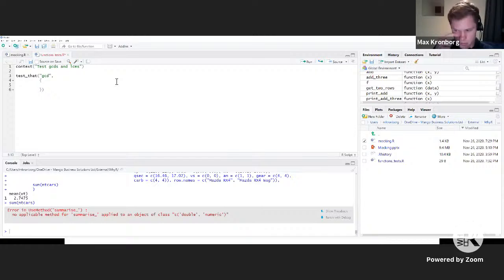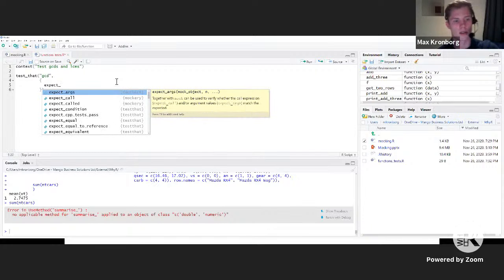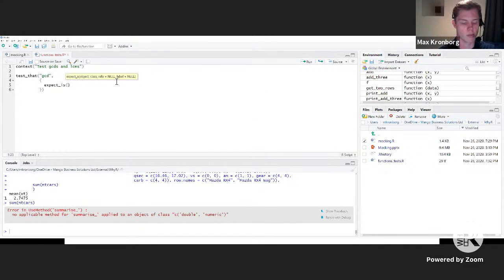We usually use expect calls for this, or we will, especially in testthat. That's what testthat provides. Or as you can see here, the top 3 are actually provided by Mockery, and one is the one we looked at earlier called expect called. So let's say we want to run the GCD function. We want to test that it works. So the first thing we'll do is we'll test that the output from GCD. Actually, no. The first thing we want to test, let's say, is that GCD is actually a function.